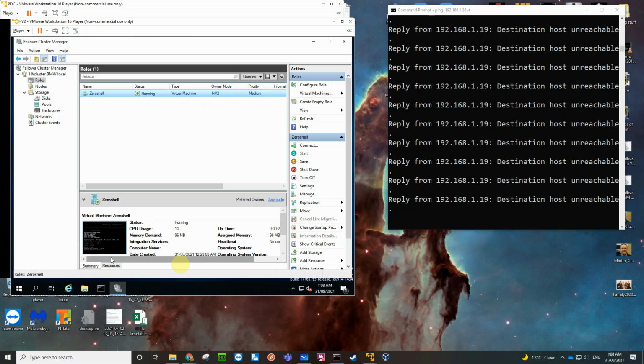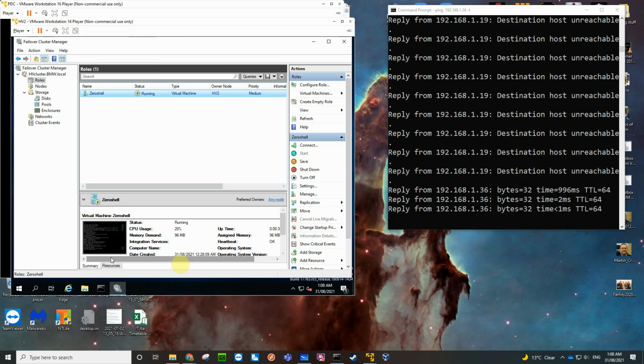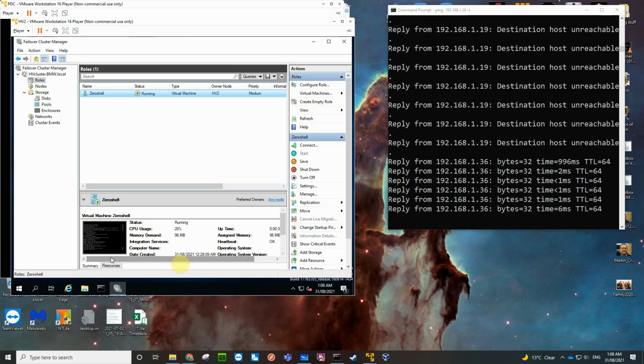Now, I haven't done anything to start that. It's waited 3 minutes and then started up automatically, and then this thing will reconnect, assuming it gets the same IP address, of course. There you go. So that's high availability,